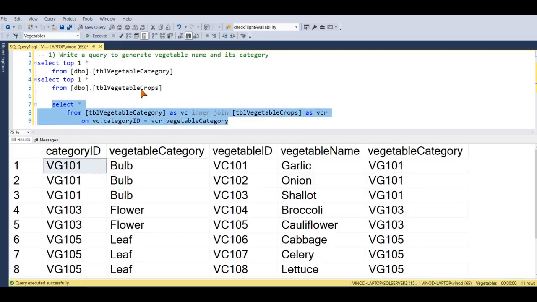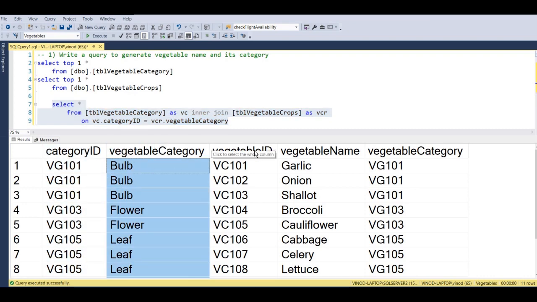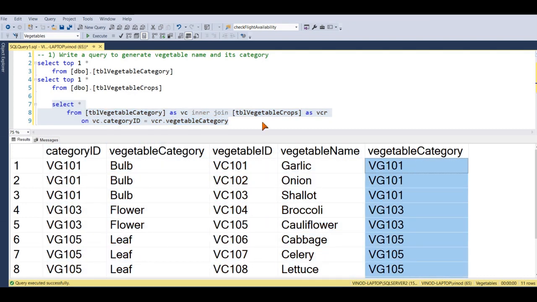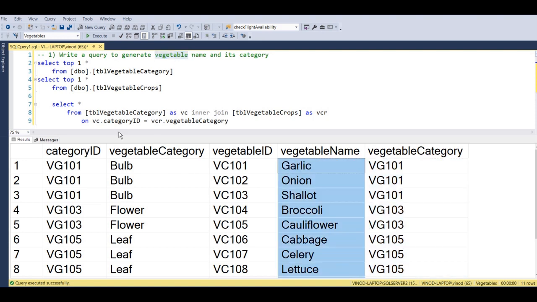Now let's execute this. You can see over here I have got all columns. Now what is the requirement? We want vegetable name. Where is vegetable name? It's coming in VCR dot vegetable name. So I will write VCR dot vegetable name, comma.